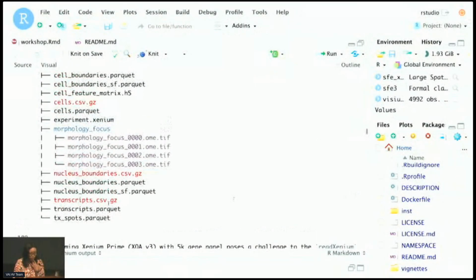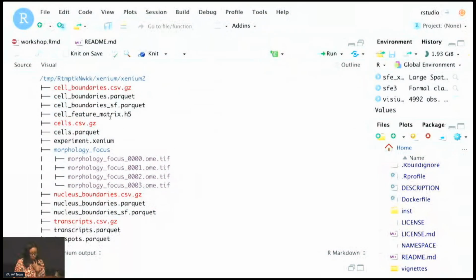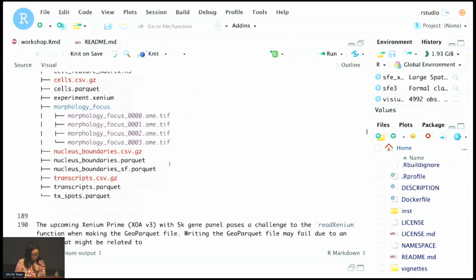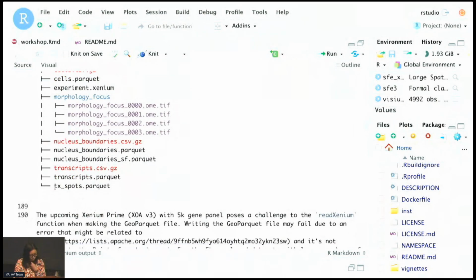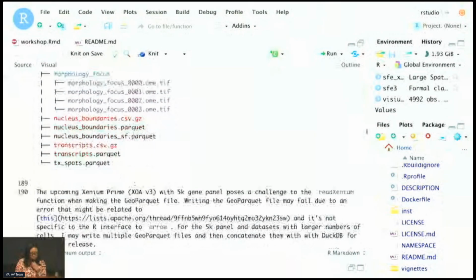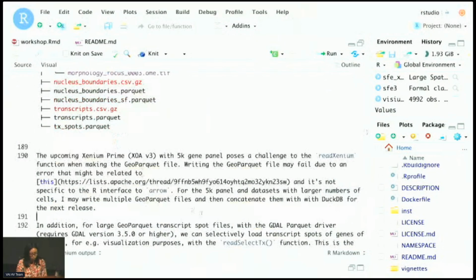In the directory, we see that we have the sf.parquet files written by default into the same output directory. So next time we read the data, readXenium will read the GeoParquet file, which will be faster. And txspots.parquet will be the GeoParquet for transcript spots.